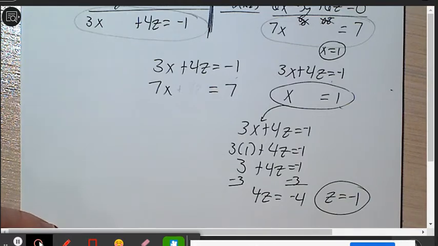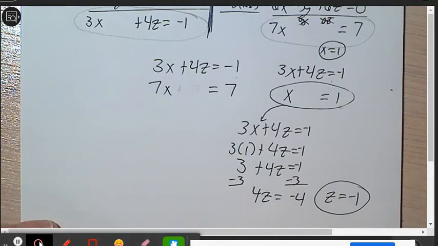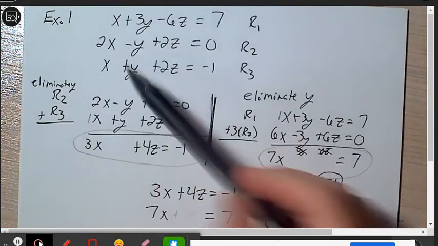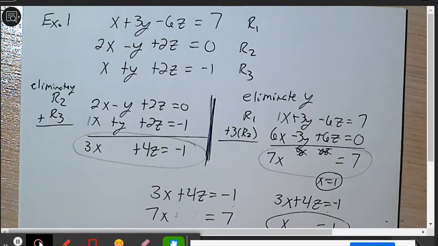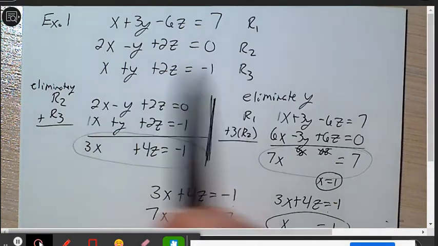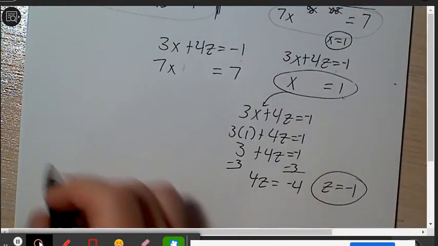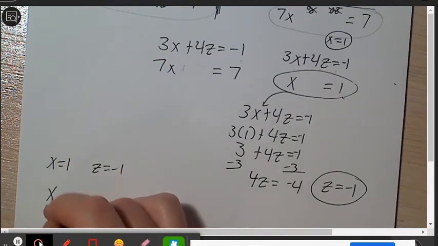Okay, and then just like we were doing back in section 1, once you've got one of these answers, you can go back to any of the original problems that you have and plug it back in to find the other variable. In this case, we're going to do the same thing. You can take these two values that we have now for x and z, go back to any of these original problems, plug in x and z, and then solve for y. To me, the one that would be the easiest to plug into would be row 3, because it's already got the y by itself. So we're going to take x equals 1 and z equals negative 1, and plug that into